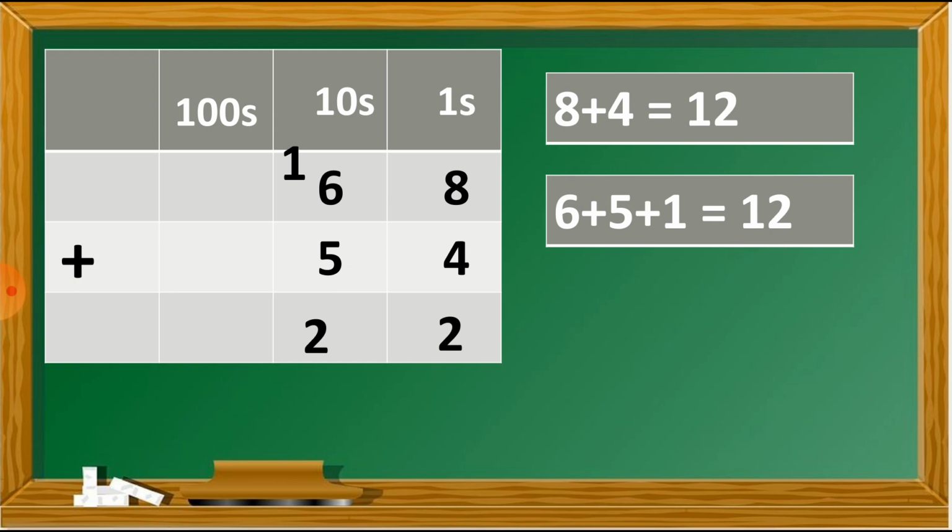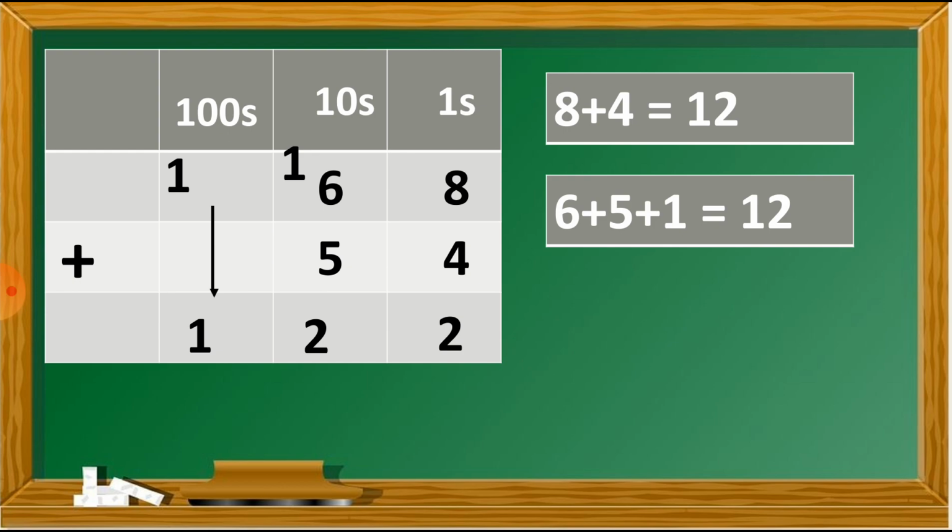So let's put the carry. Here is the carry. I put this 1 as a carry forwarded number at the hundreds column, but you can see this hundreds column is empty. There are no digits at the hundreds column. So just assume there is number 0. So we just put this 1 as the answer. You can see through this arrow, we just write down 1 here as the answer. So here is our answer, 122. This way we have to write down the answer.